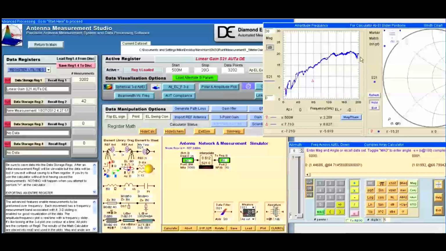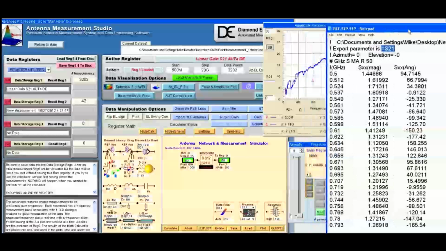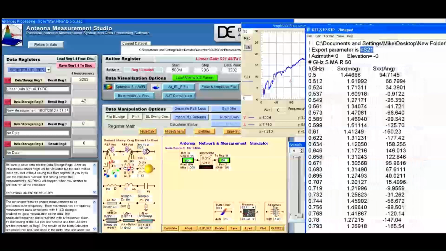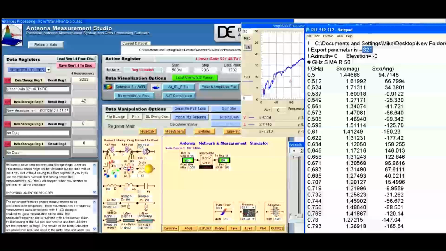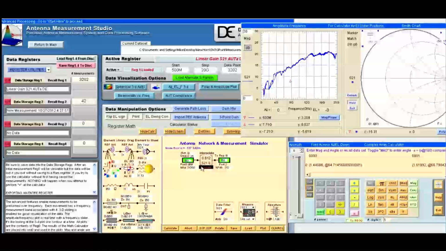It's important to realize that the export parameter, in this case S21, is the parameter associated with the monitor plot. So if the monitor plot has a different parameter such as S11 or antenna factor, then that parameter is included in the export. In that way, when the file is imported, the S matrix of the icon can be easily established, which in this case is S21, S12. If it had been an S2P file, then there would be 4 parameters here. So it's very important to have the dataset labeled properly in the monitor plot, and it's set from whatever is